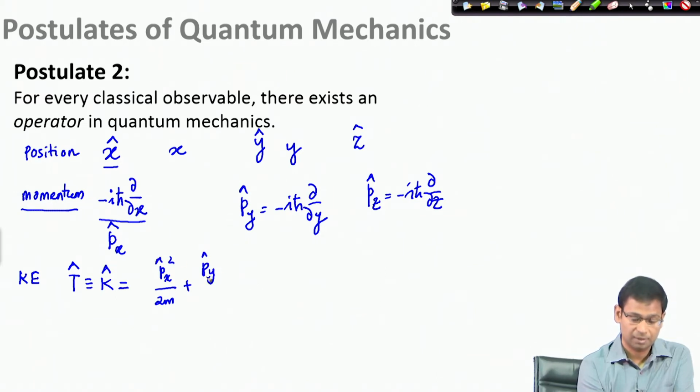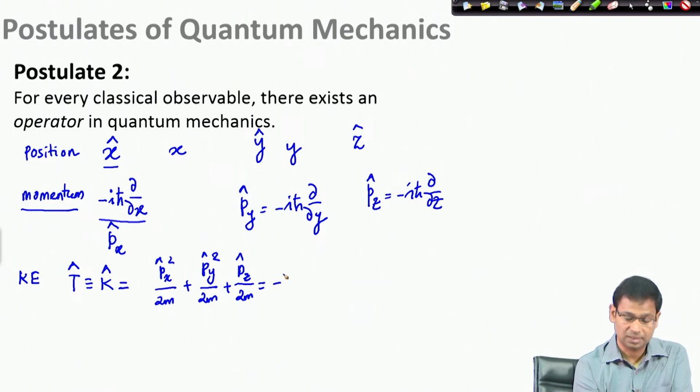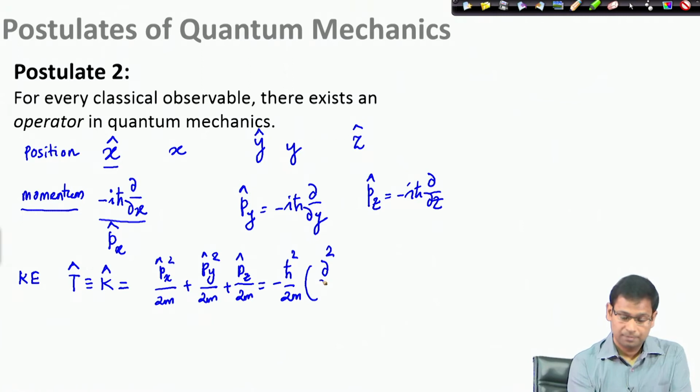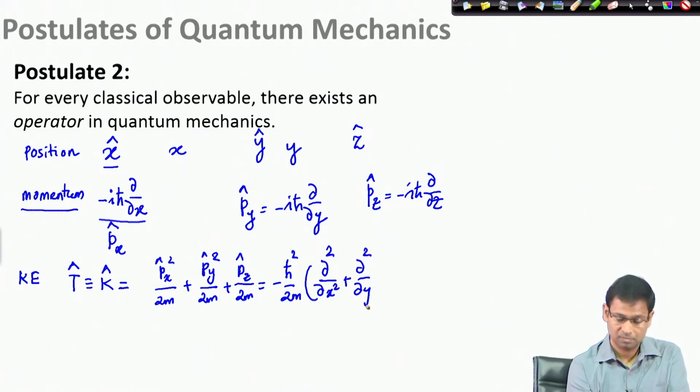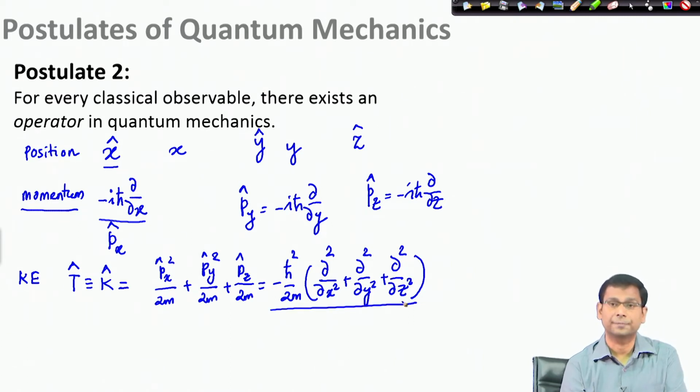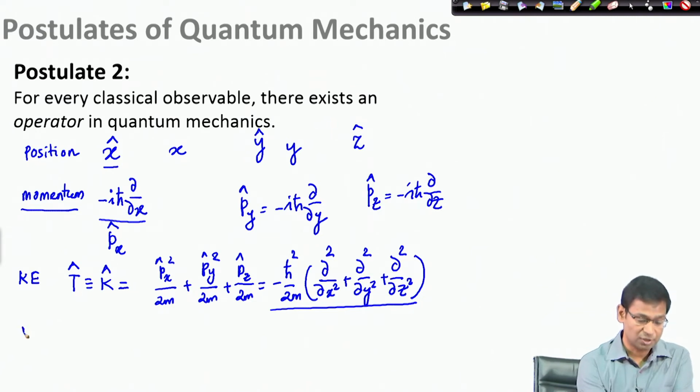So, this is which is essentially, if you solve it, you would get... so this is the expression for the kinetic energy operator. The potential energy operator V, this is potential energy,